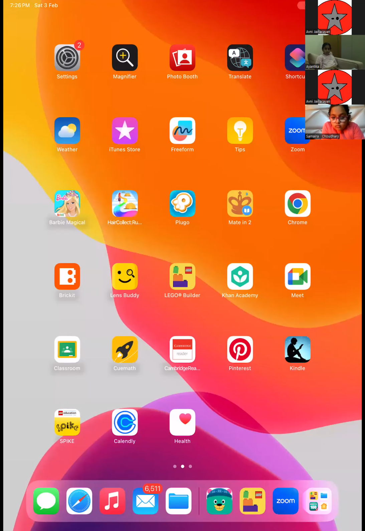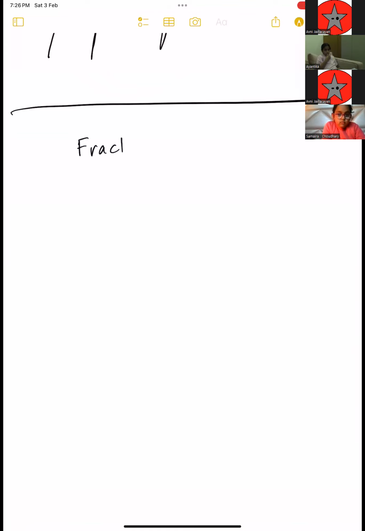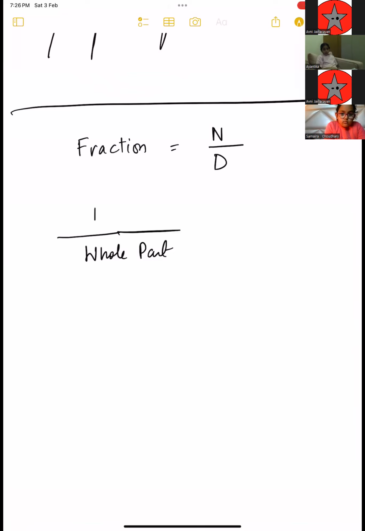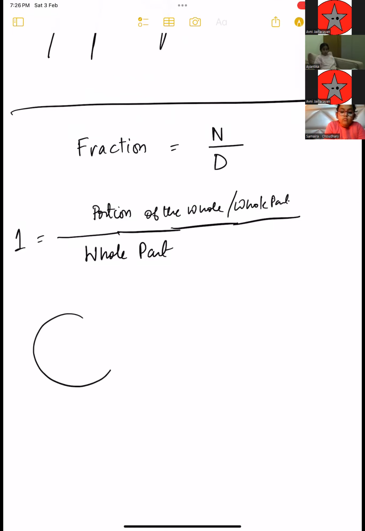Okay, so we will be doing fractions and decimals today. We all know what a fraction is. A fraction is divided into two parts. We have a numerator and a denominator, right? The whole part is called the denominator, and just a portion of the whole part is the numerator, or sometimes it can also be the whole part. So if you have the whole part and the whole part together, it becomes one whole. We know that, right? So if this is a circle,